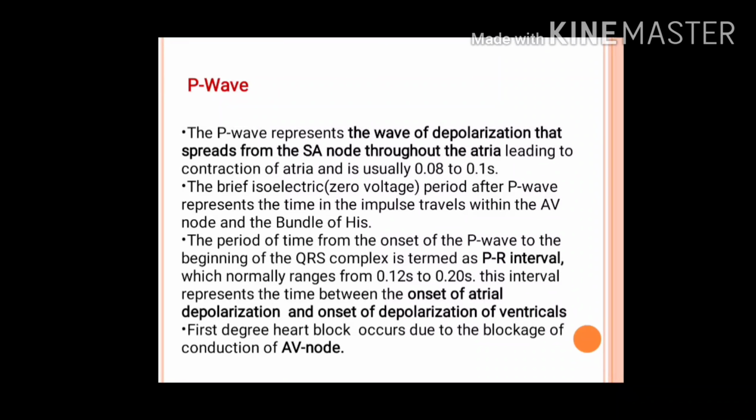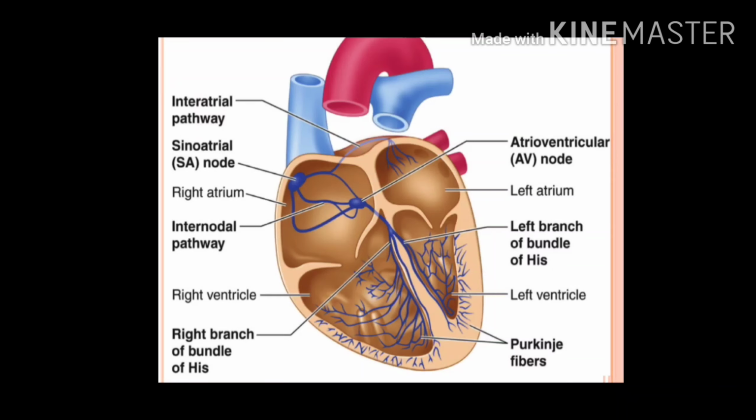Now next is the SA node. SA node is like a collection of cells, that is the myocytes, which are present in the right upper walls of the atria, and from the SA node the electrical conductance or electrical signal is developed, which travels from the SA node towards the AV node and to the bundle of His. So you can see, there is one diagram, you can see this is the SA node, which is present on the right upper part of the atria. Here the electrical signal starts.